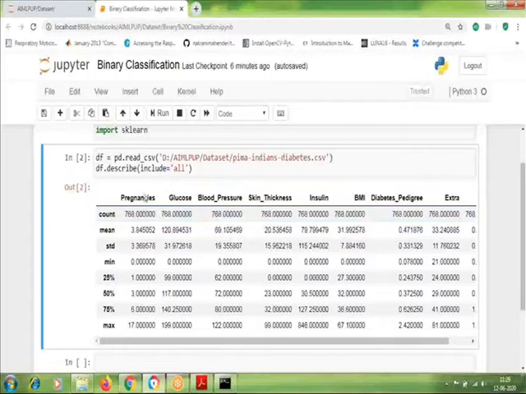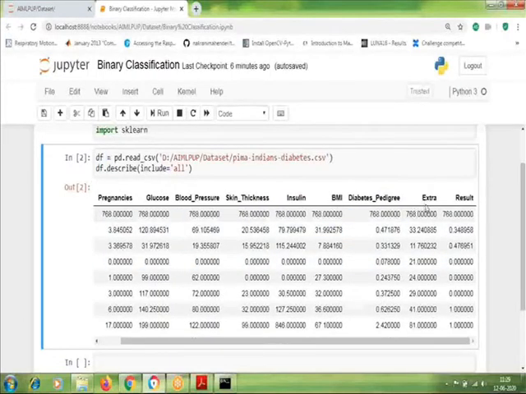Once we get the data set, the columns are: the first one is pregnancy, glucose, blood pressure, skin thickness, insulin, BMI, diabetes pedigree, extra, and the last one is result. We are interested in result, that is, result is the label or the target for our machine learning algorithm, and all other columns will be the features for the machine learning algorithm.